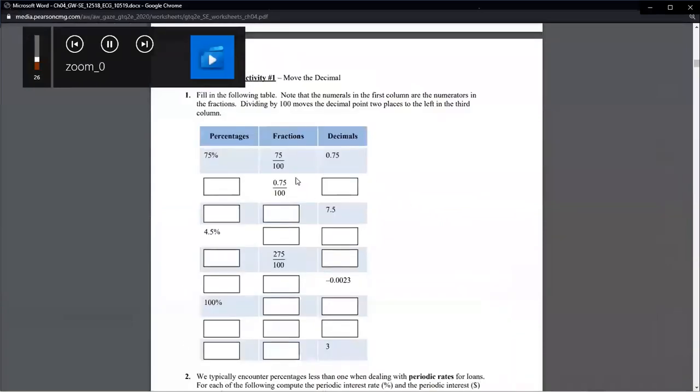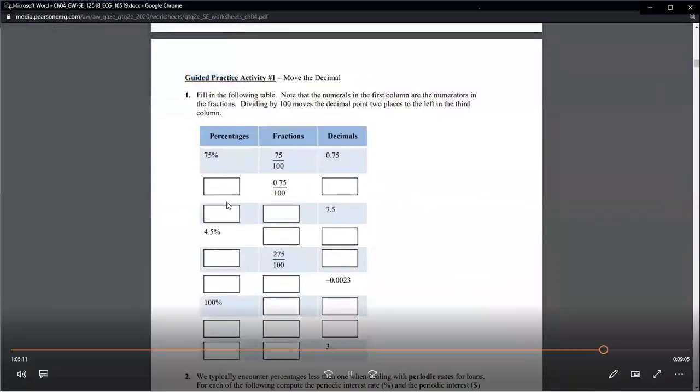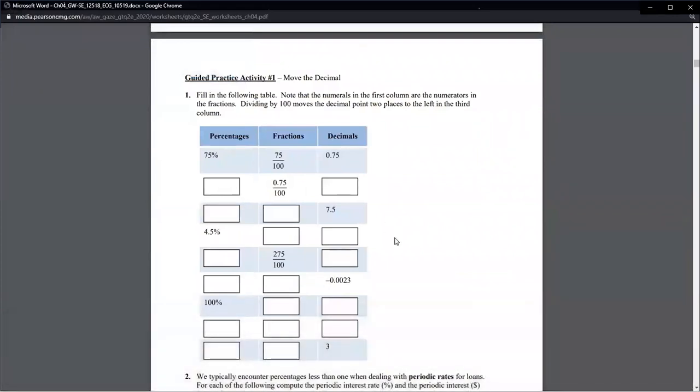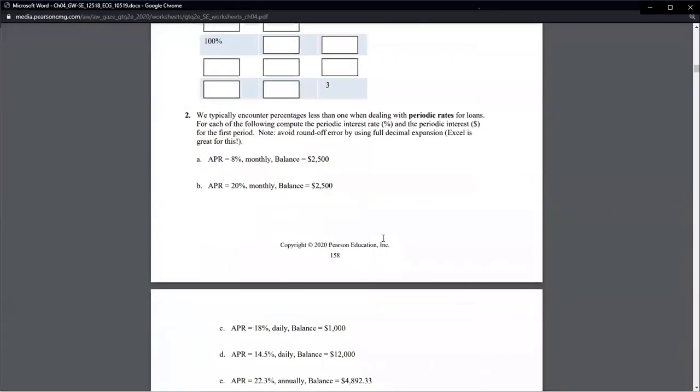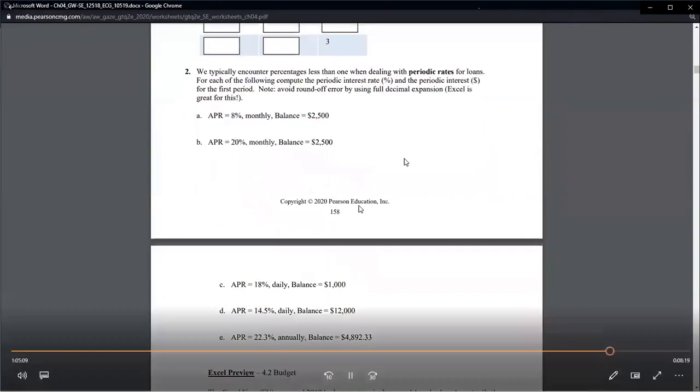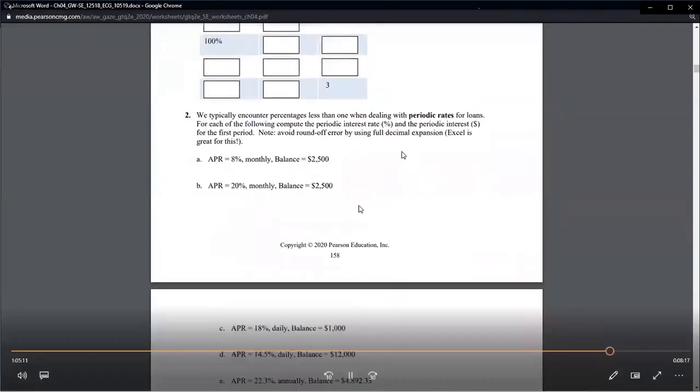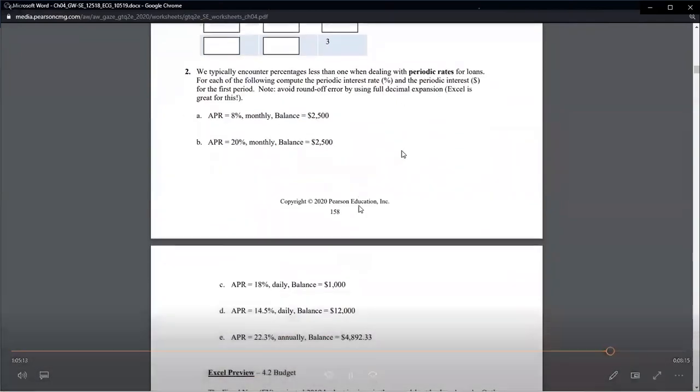Here's a good problem between converting percents, fractions, and decimals if you feel like you need more practice with that. Again, this is not what I'm here to teach, so we're not doing that, but you might feel the need to try those out. You can always ask me for answers of other stuff that we don't do. That's fine. I don't mind giving out those answers if you email me. But I wanted to look at a couple of these.